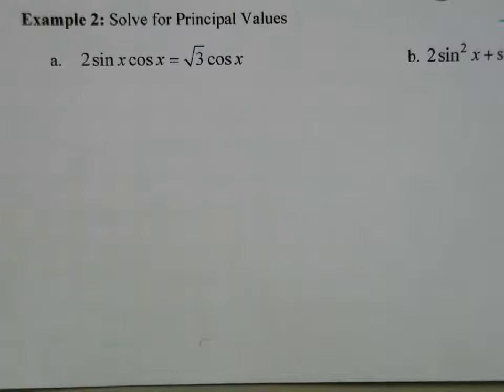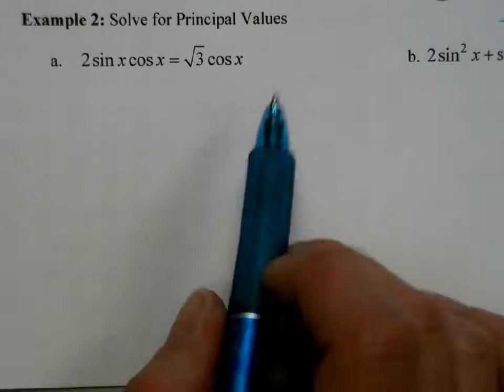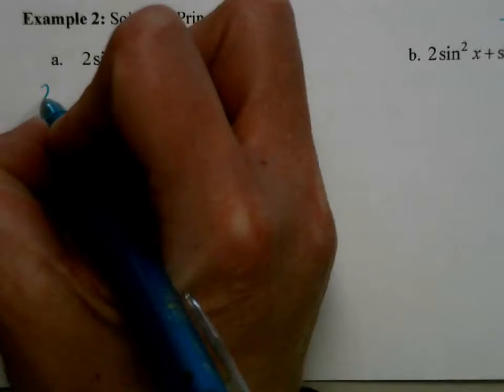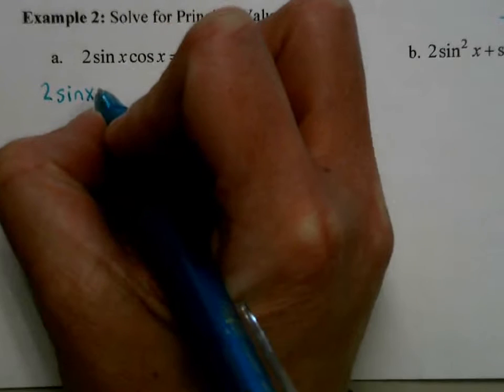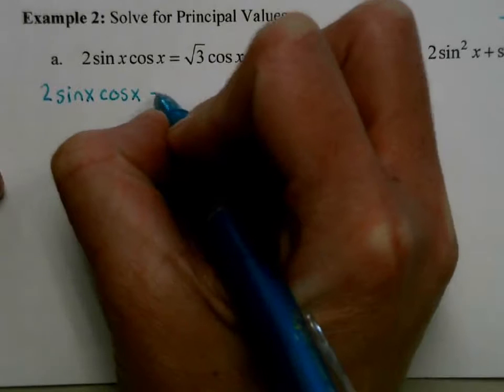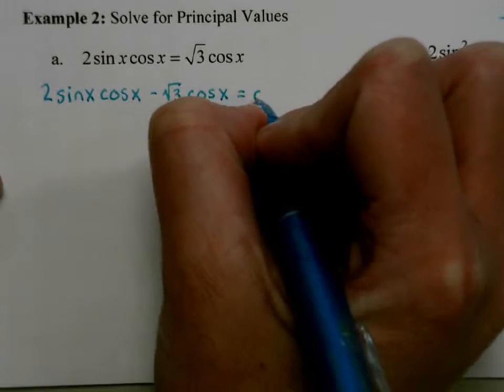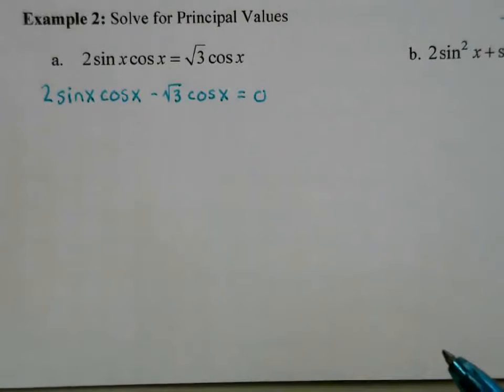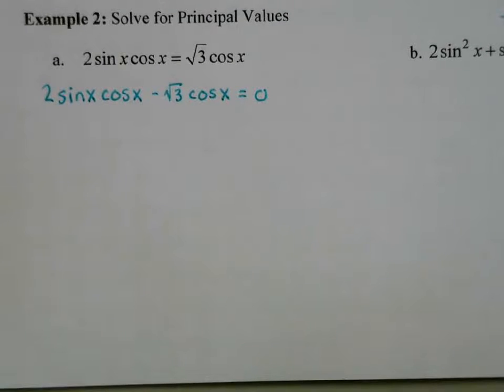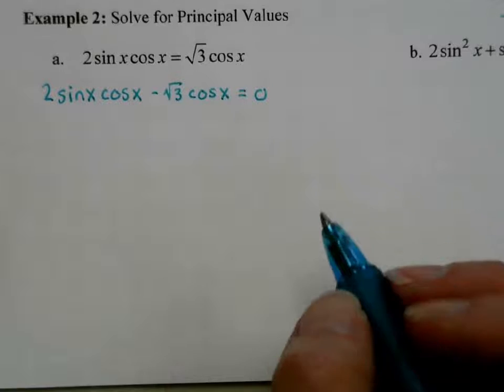So we're going to solve this. Now we want to be careful. It may be tempting to take this equation and just divide by cosine, but if we do that, we're actually eliminating answers. So what I'm actually going to do is subtract this over. Okay, and then we do our favorite thing, which is to factor. We're going to factor out our common factor, which is a cosine,